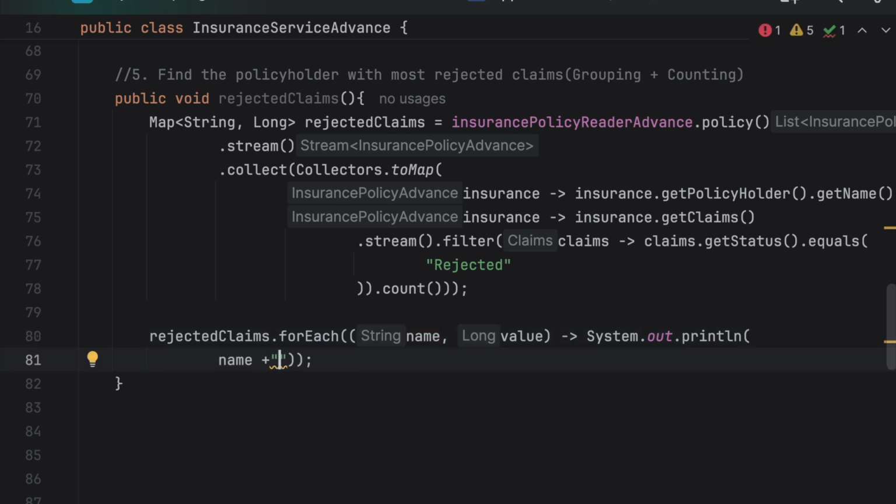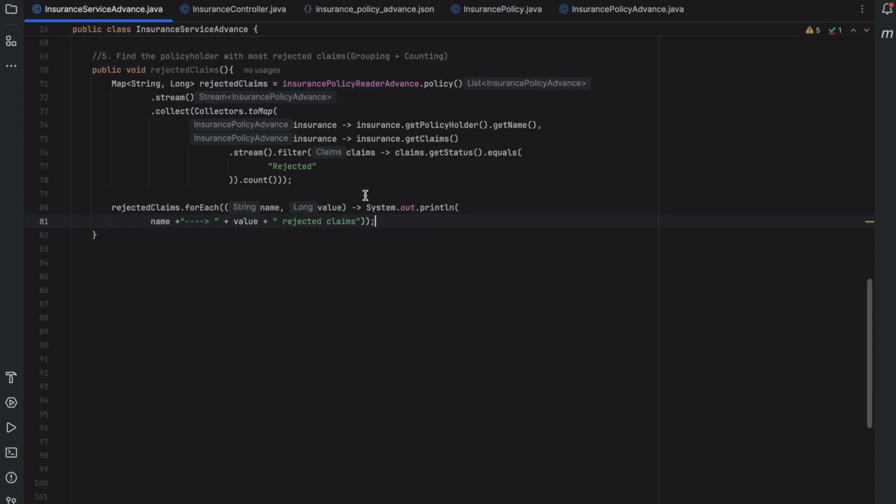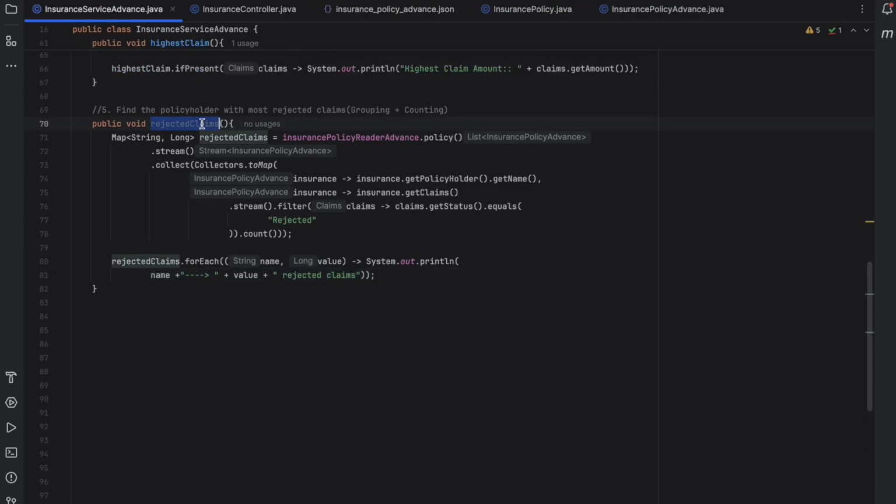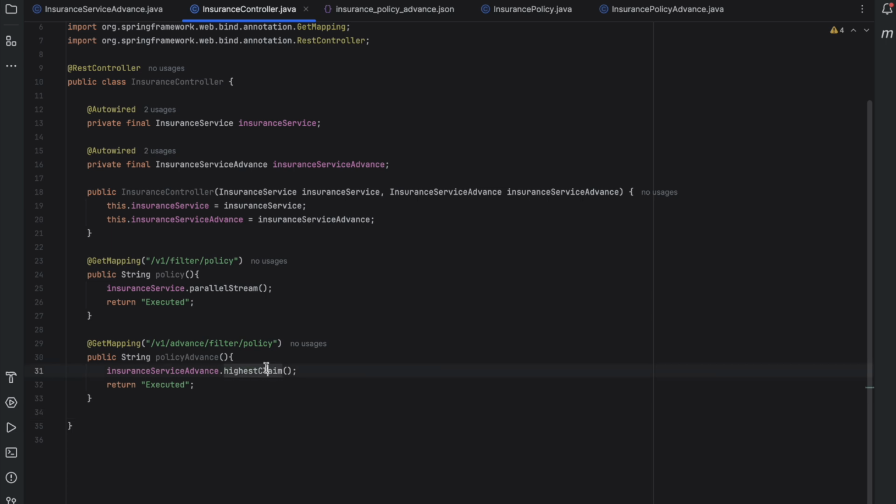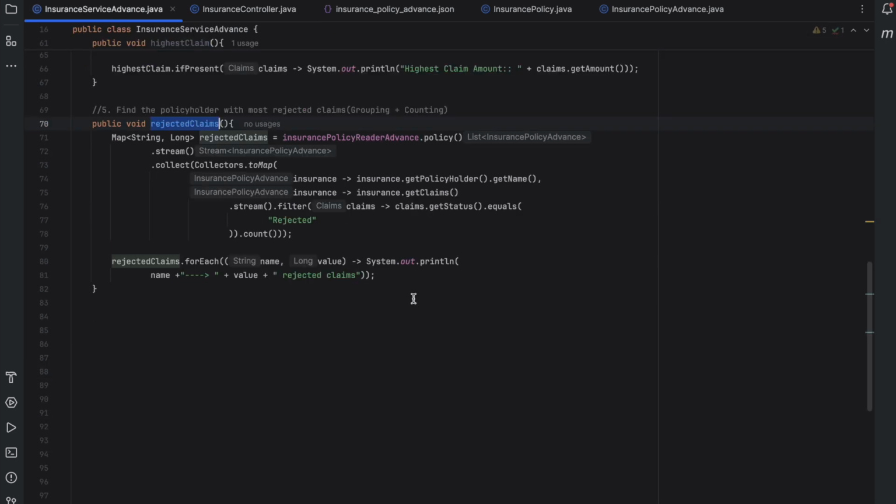Okay, and now we need to have our value here, name and value, and we'll open our rejected claims. Just give a little more white space here so that it looks nice. But before running this application, let me kill the presentation mode. Okay, and I hope you could see it. Now we'll copy it and replace it with our controller. Otherwise, controller will not fire the service. Now let us run the application,